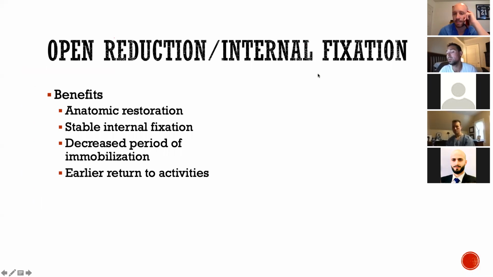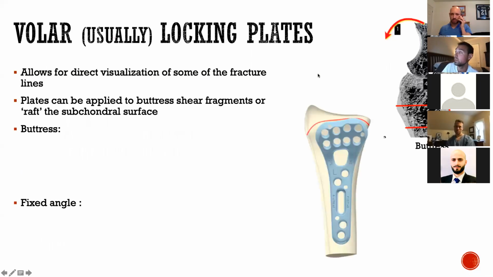So now kind of the more fun surgery stuff. This is open reduction and internal fixation, which is looking at the fracture site sort of directly and manipulating it. The benefits of this is that you can restore this anatomically if done the right way, that you can stably fix it in place without pins, that you can move your patients faster, and so they can get back to their activities. There are a bunch of ways you can do it, but one of them is the volar plate,